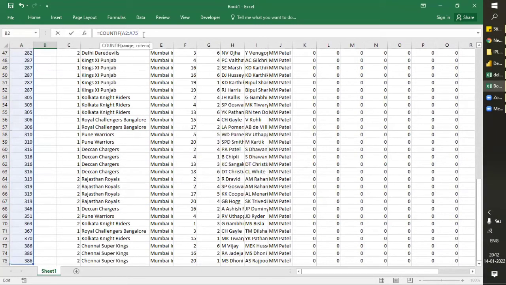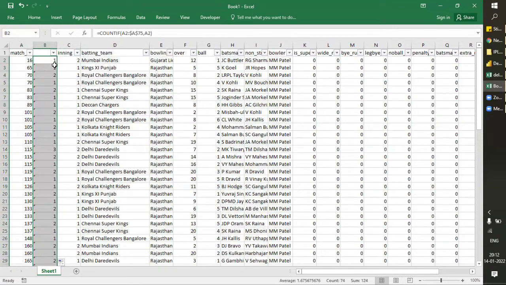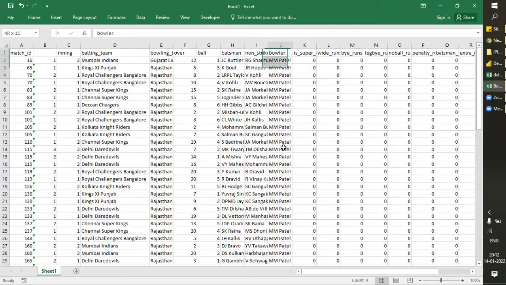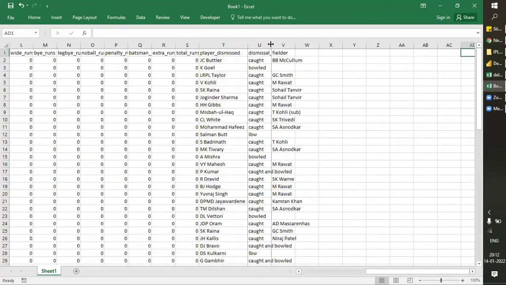What's the problem? Comma. Yes. What this function will do is tell me how many times this particular number is in this list. Okay, so if a person has taken 4 wickets, this match ID is unique, so it will appear 4 times, because we have already extracted the unique bowler, and we have already removed the other dismissals.